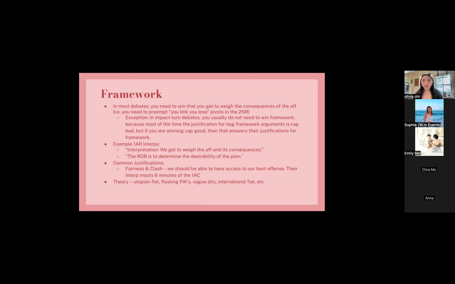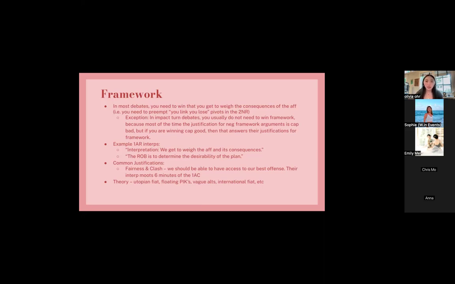Now more in depth on how to explain and articulate these impacts. First, fairness. You should make arguments as to why competition is intrinsically tied to debate. It's the most important impact in debate, and their interp is very exclusionary and moots all of your best offense, which is quite unfair. You should argue that the value of fairness is empirically proven by the behavior in the round, like technical concessions, wanting to win, etc., all of which prove that competition and fairness are true. So the side that best proves fairness should win the debate.